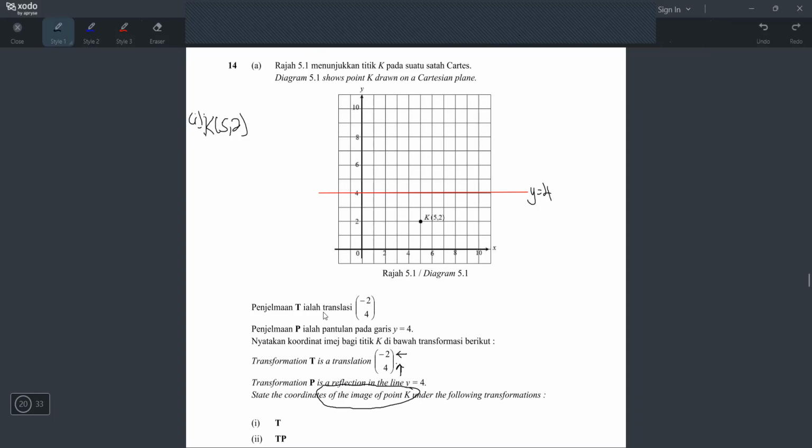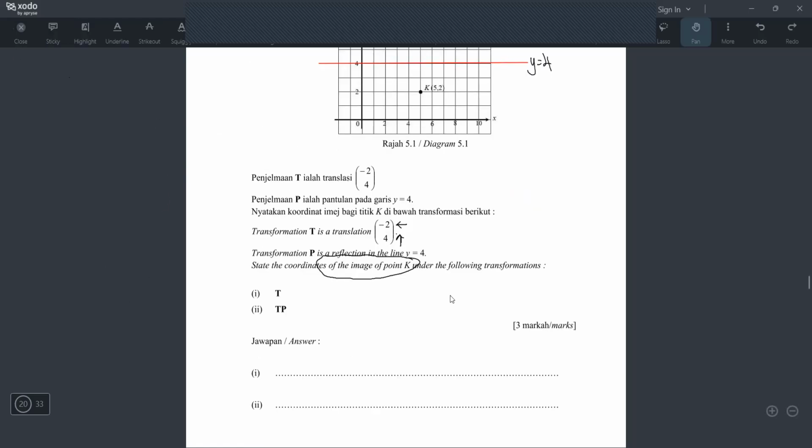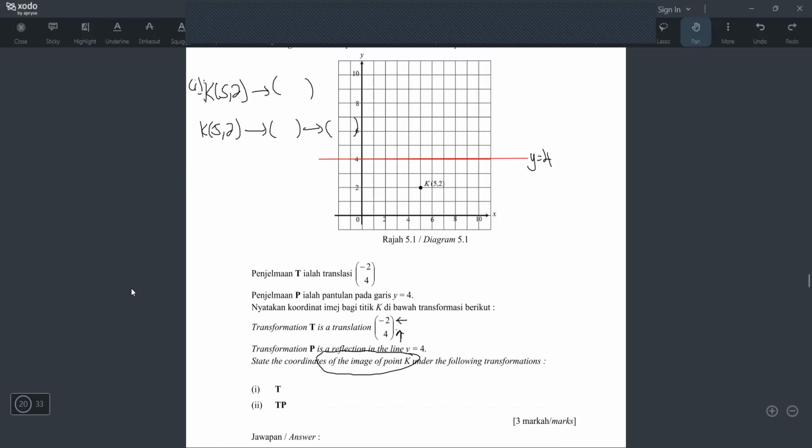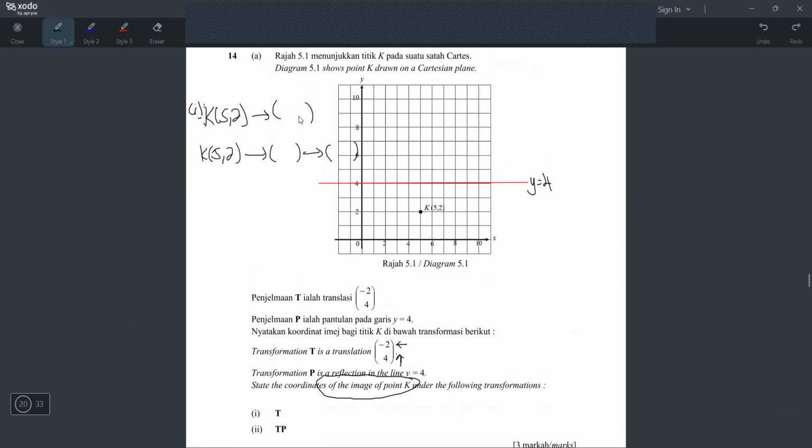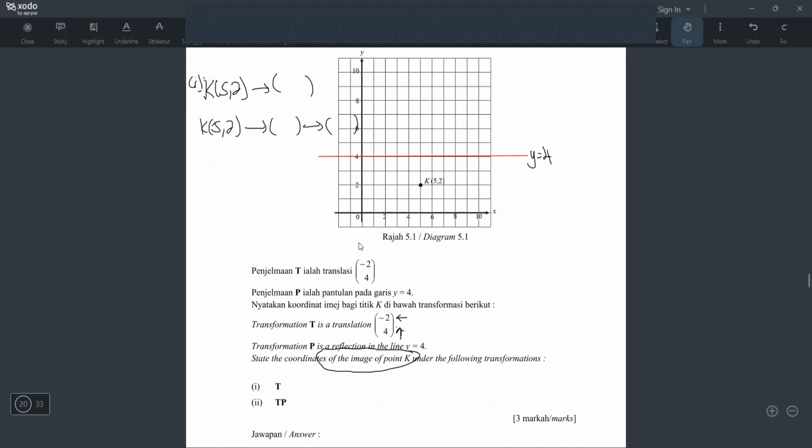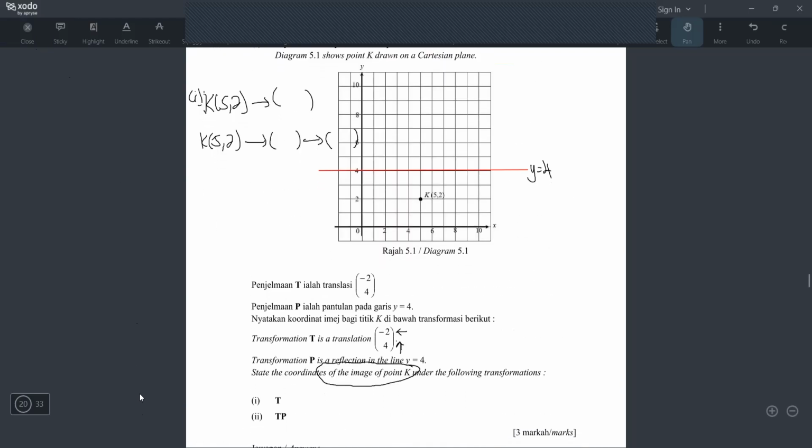And this is how I teach you to write the format in my class. If there is one transformation, you draw one arrow. But if there are two transformations, you draw two arrows. Okay, like this. So here will be one answer, here will be another answer. And then you fill in here, then you will get 3 marks. Okay, let's see if it's correct, 3 marks. Yeah, 3 marks. But sometimes students don't like to do it like that. They just write this one and this one for the final answer. You can't, you will lose marks. Actually, this one also they want to see, even though this is not the final answer. So just follow the format that I showed, but don't write here, write down here. Okay, but I will write on top.